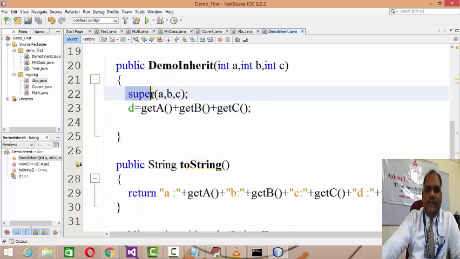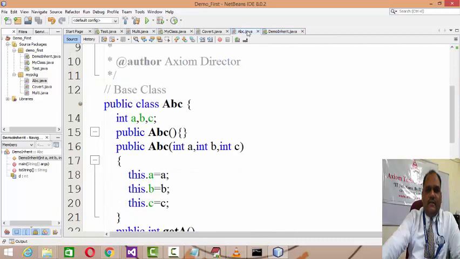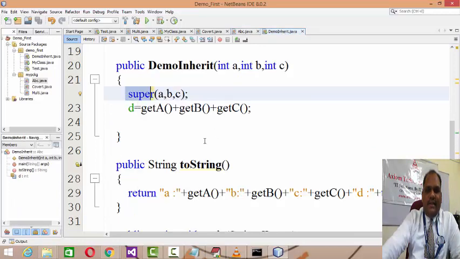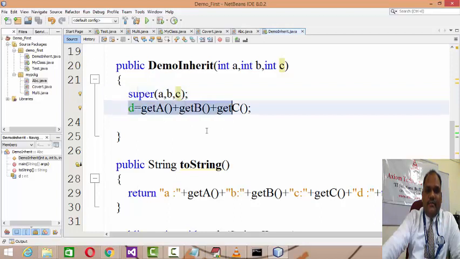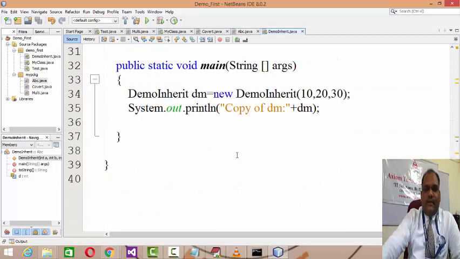What is the super keyword? It's a call to the base class constructor, because in case of inheritance you are not going to create the object of the base, because it's a pre-existing class in an existing package. So we have to import that package and make the class accessible, and then by creating the object of the derived and by taking extra arguments to the parameters of the derived, we pass them on to the constructor of the base, and then by making the methods accessible, we perform the inheritance.